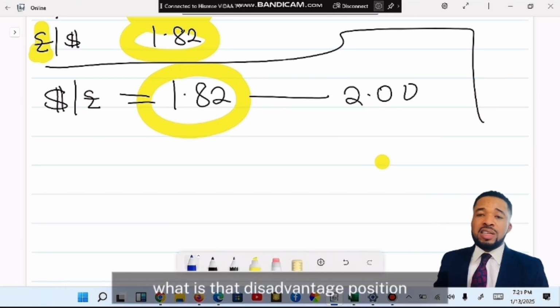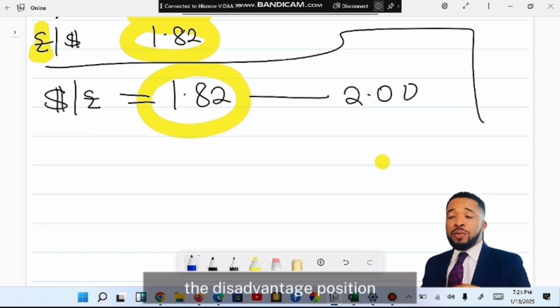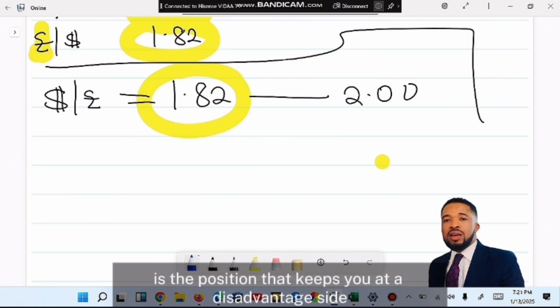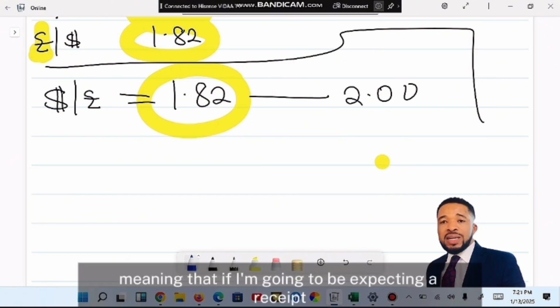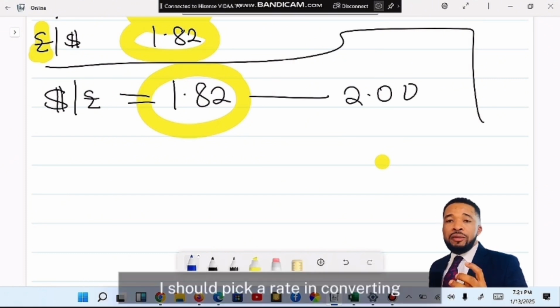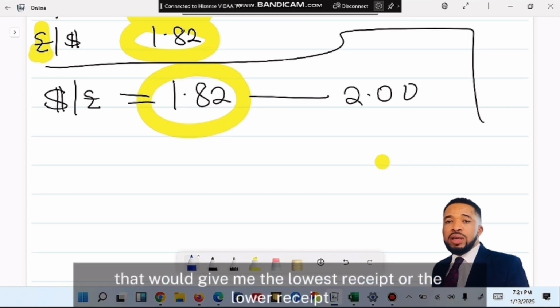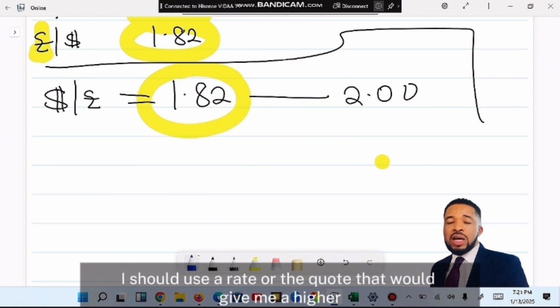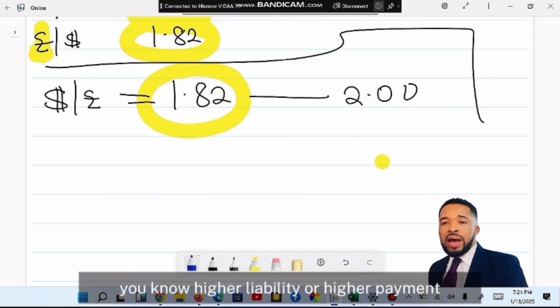What is that disadvantaged position? The disadvantaged position is the position that keeps you at a disadvantaged side. Meaning that if I'm going to be expecting a receipt, I should pick a rate in converting that will give me the lowest receipt or the lower receipt. If it's a liability, I should use a rate or the quote that will give me a higher liability